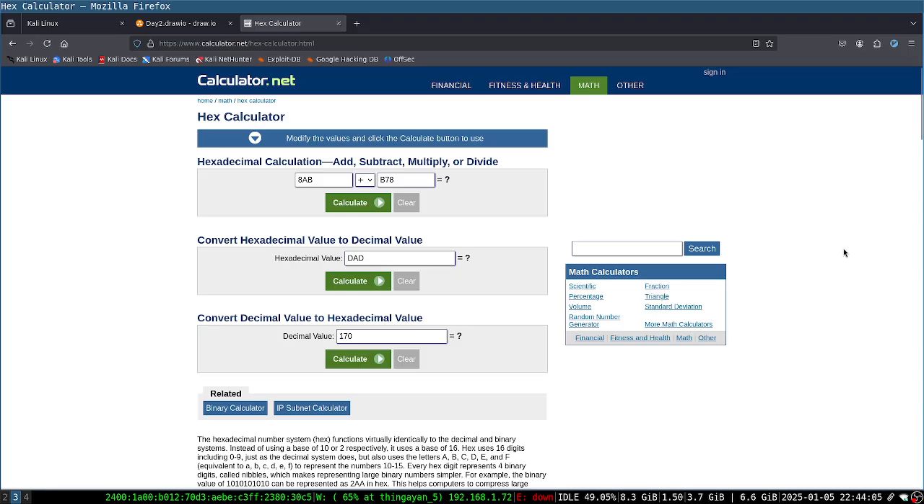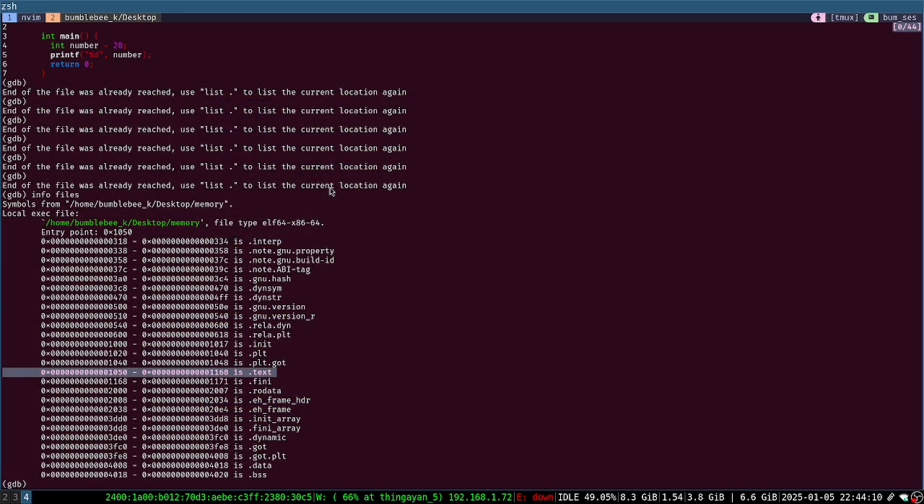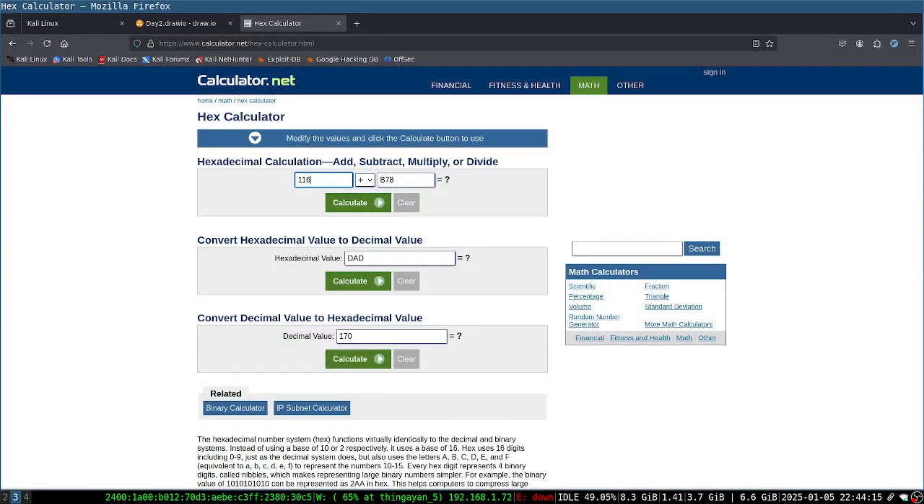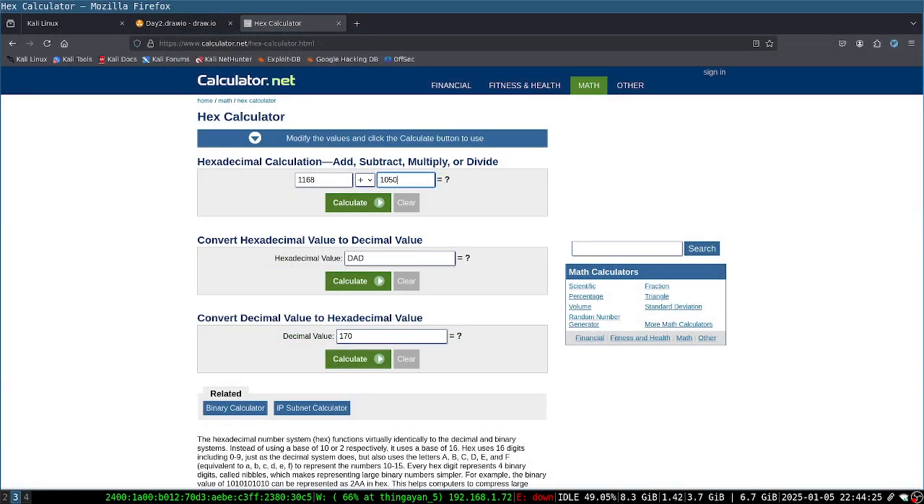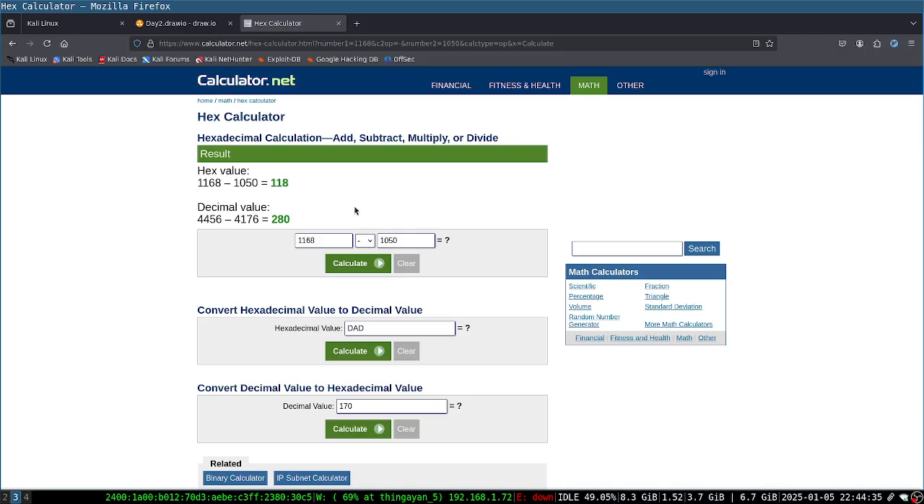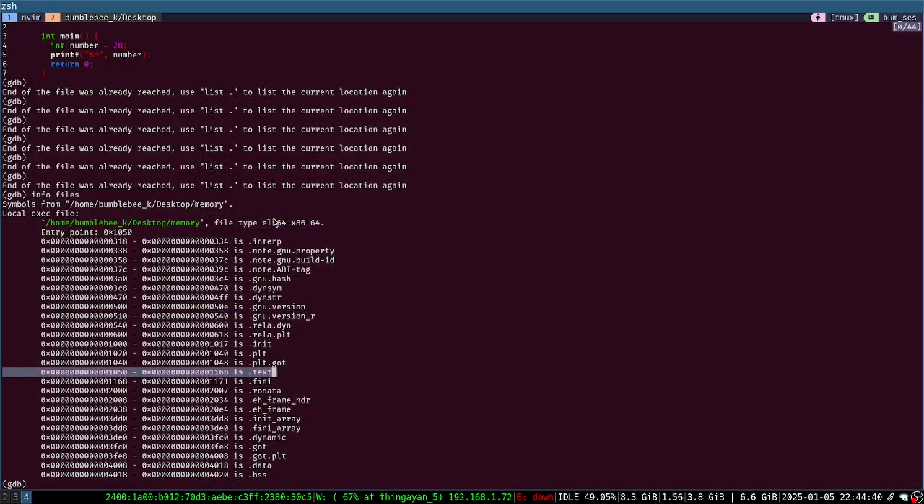I think calculate here. 1168, and then 1168 minus 1050. Sorry, 050. We're going to find the difference. Okay, difference, and then we're going to calculate. Okay, so it occupies 280 bytes in decimal. So we're going to see this x